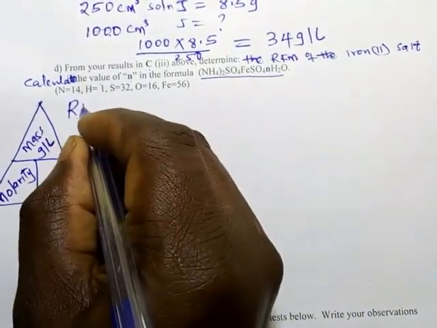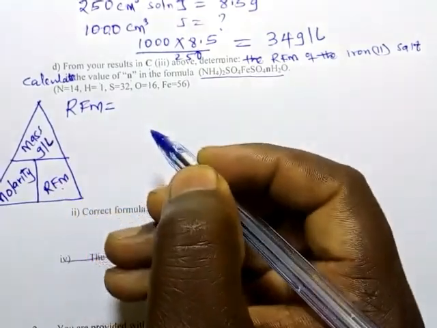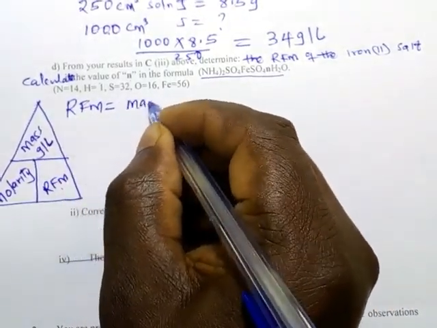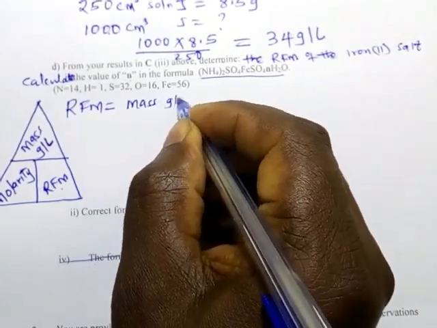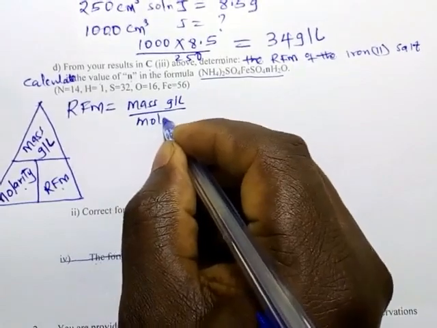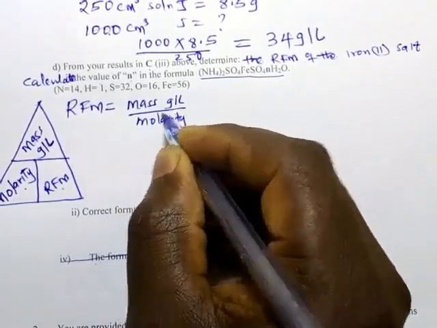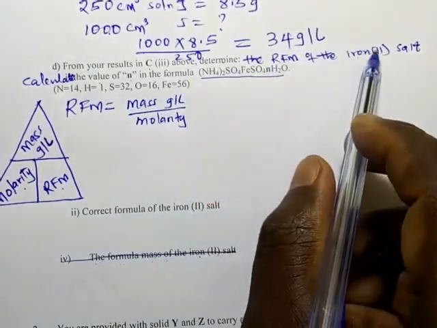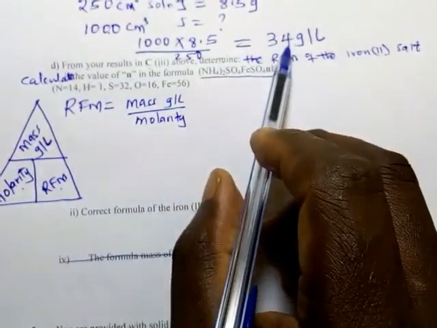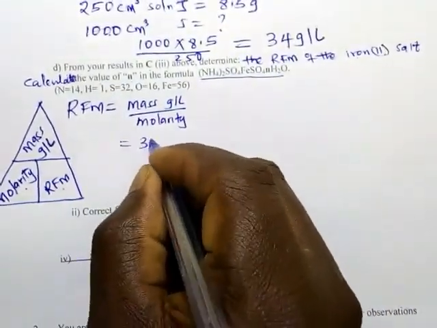So RFM is equal to mass in grams per liter divided by molarity. We are talking about the iron 2 salt, which is solution J. We have the mass in grams per liter, which is 34,